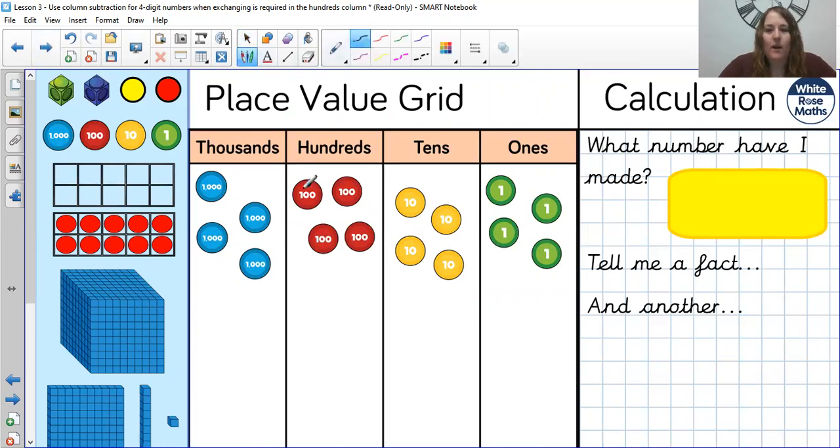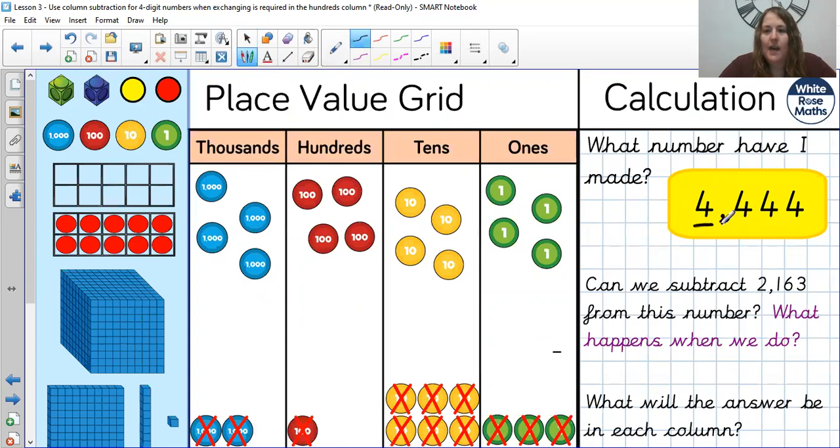And hopefully you're quite confident at telling me there are 4 in the thousands, 4 in the hundreds, 4 in the tens, and 4 in the ones. So I've made 4,444. Can you please tell me a fact about this number and another one and another one? Okay, once you've done that, let's have a look at this 4,444 and see if we can subtract